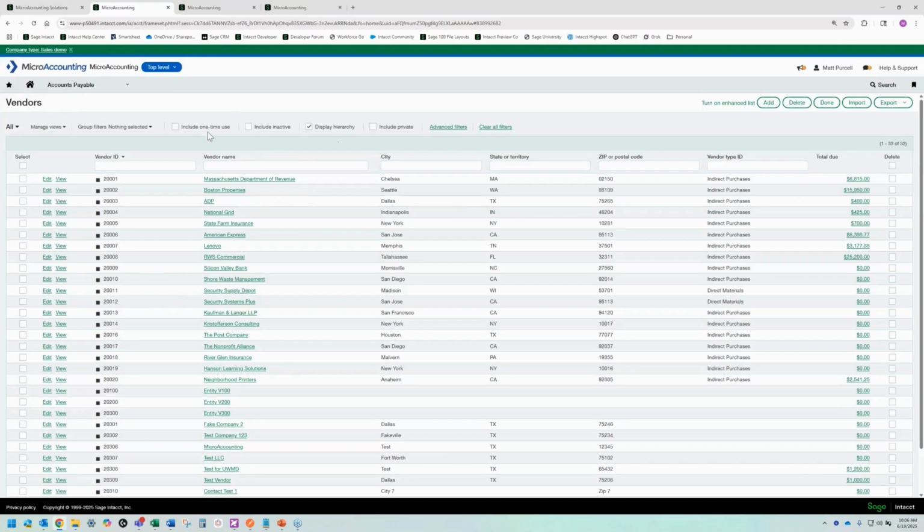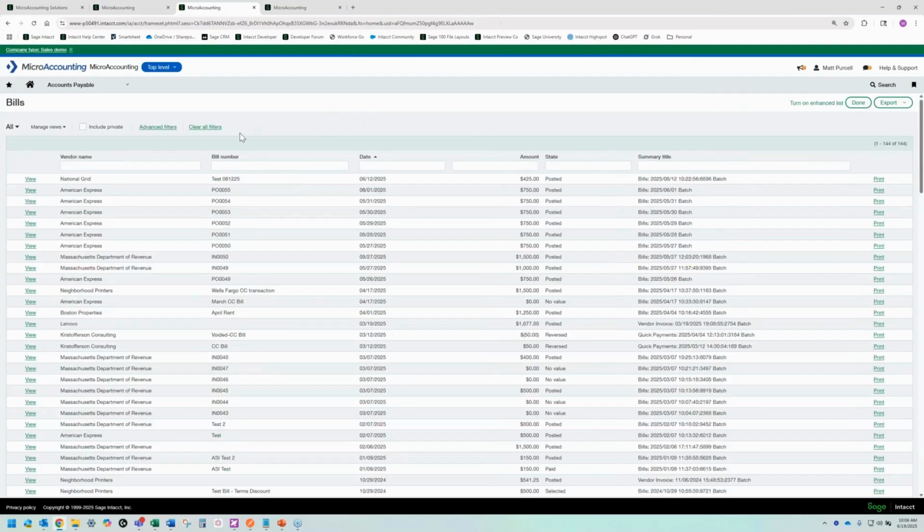So moving along this top section here, before we get into actual custom list views, first thing I want to do is go over some of these checkboxes. So right now, the only one checked is display hierarchy. Basically, this just allows you to see the hierarchy of any records that have a parent-child relationship. So most often, that's going to be with your dimensions, like your locations or classes, or with vendors or something like that. So you won't see this display hierarchy option on the bills list view, for example.